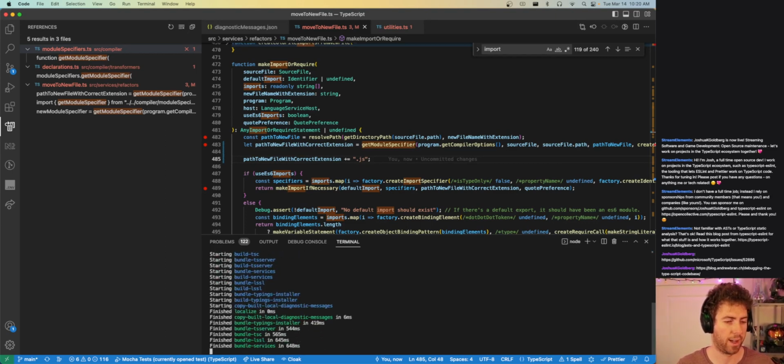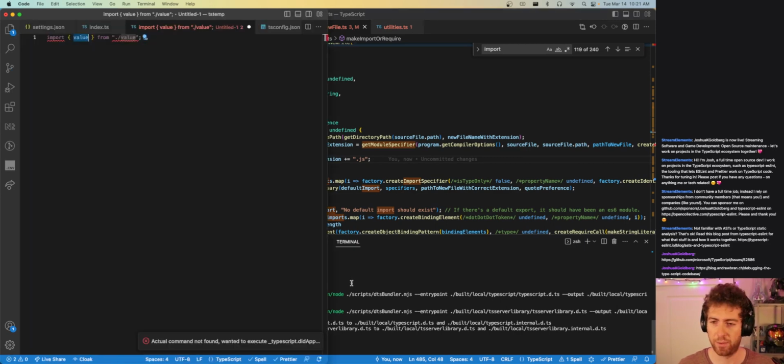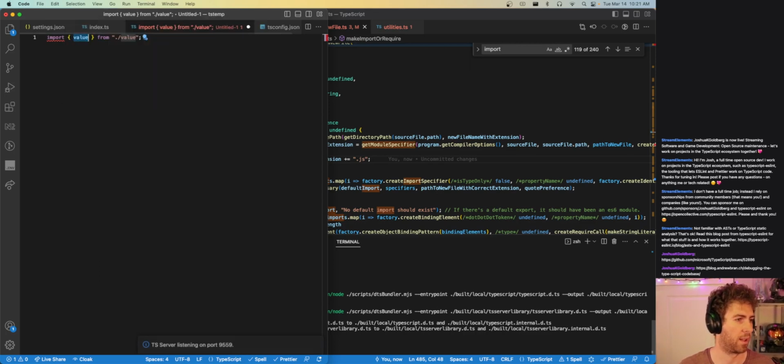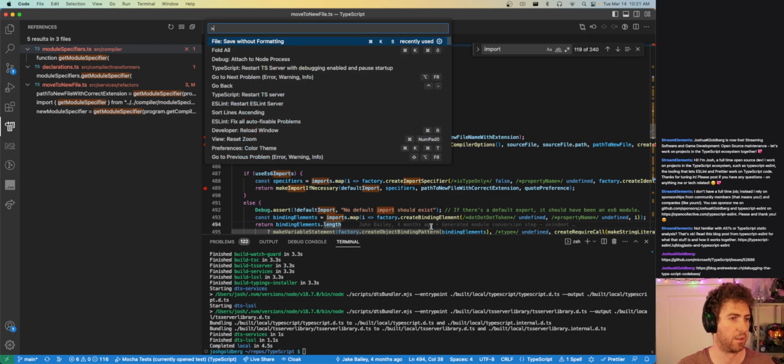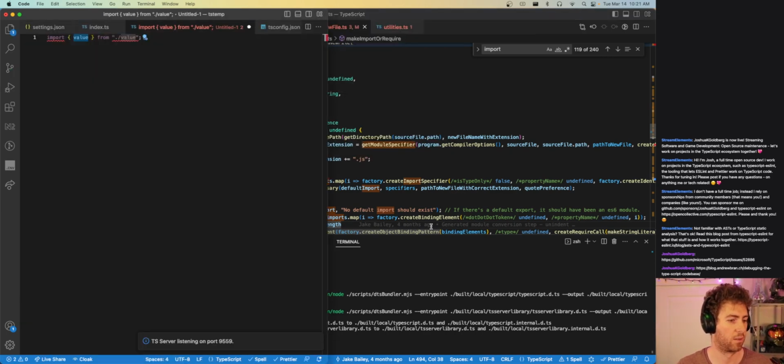Is it built locally? I can never remember what the actual commands are in the TypeScript repo to build locally. Oh, that was fast. This is my first TypeScript contribution since they changed the internal structure from old namespaces to ES modules. So that's very exciting. Start TS server with debugging enabled. Attached to node process. It says listening 9559,